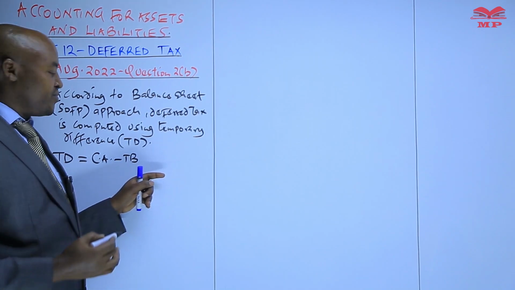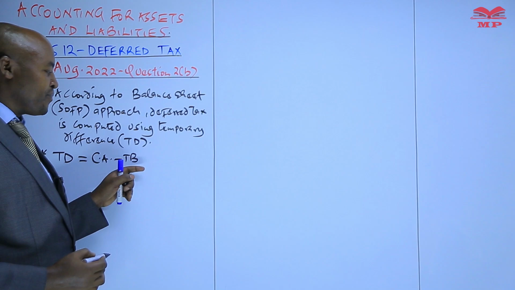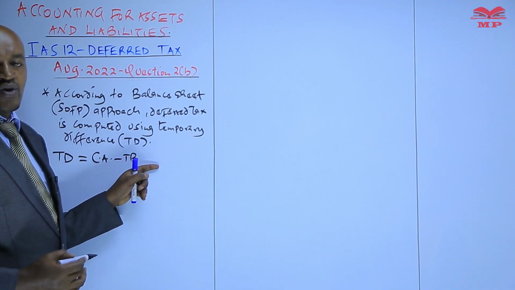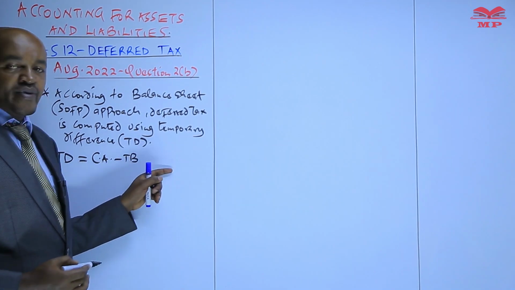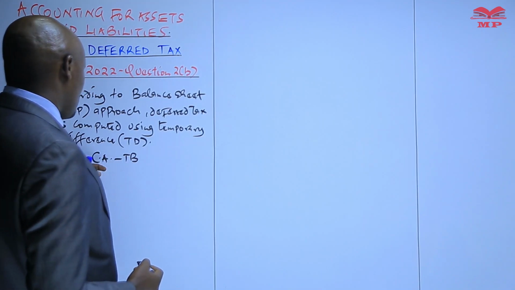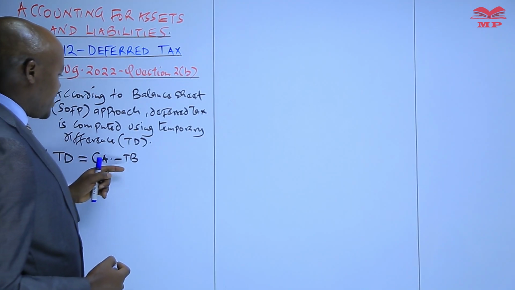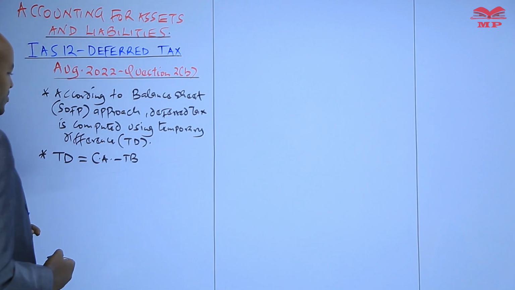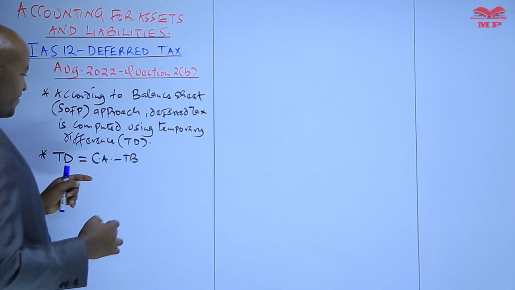Equally, the tax base of PPE is the written down value, which is computed by taking the cost of the PPE minus the total capital allowance, or minus the total wear and tear allowance. So that is the first thing you need to recall: what is carrying amount and what is tax base. Now, in this case, this temporary difference can either be